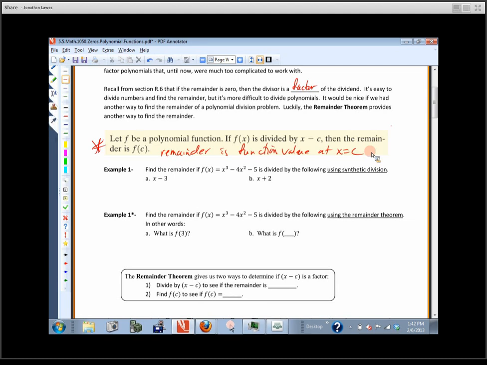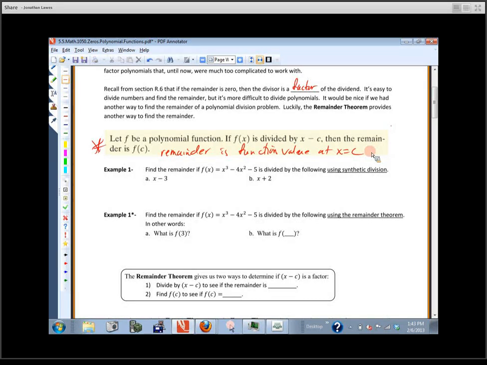So think about it this way. Normally, we have to plug the number into the function to figure out what the function value is. The remainder theorem says that the remainder is the same as the function value. Now, we're not going to take time to prove this. If you were all getting degrees in math, we'd be doing an analysis class or something like that. We'd actually prove this. We're just going to take this theorem for granted. But what it says is the remainder is exactly the same as the function value. So if you divide and you get a remainder, you know that's the same thing as if you plug that number into the function to figure out what the function value is. You know, the y value, basically.